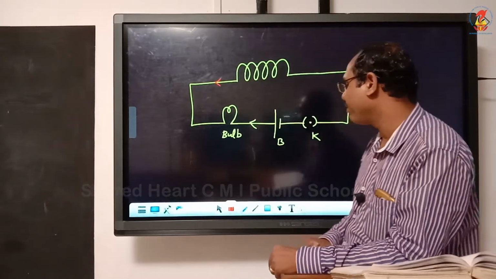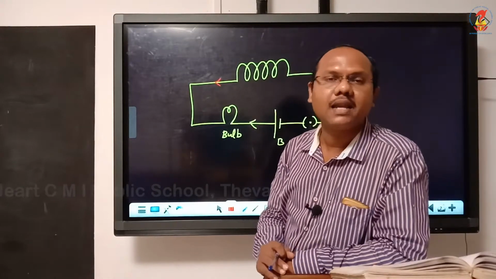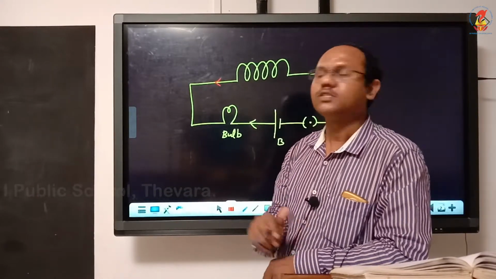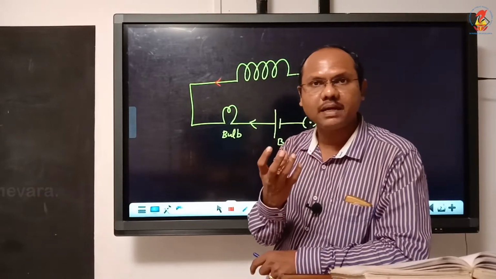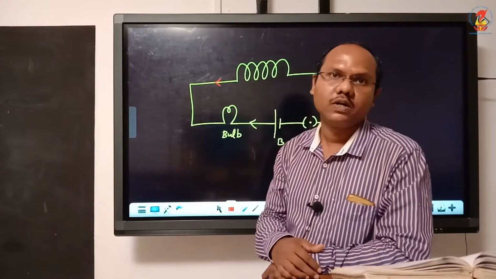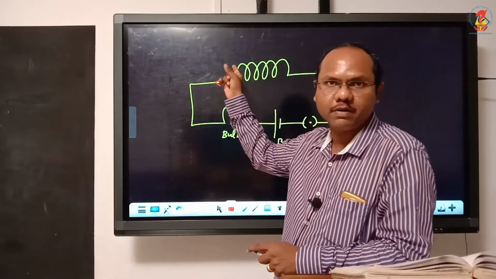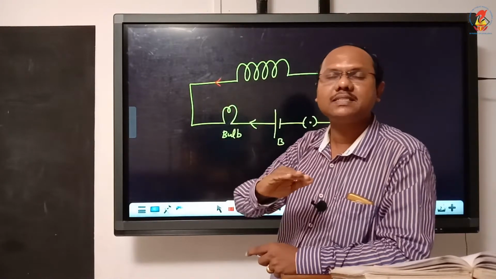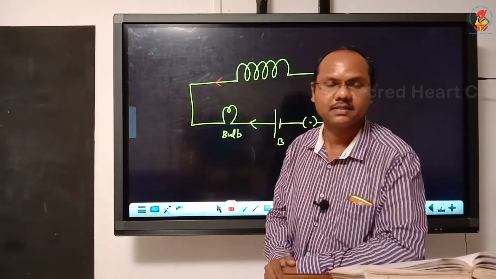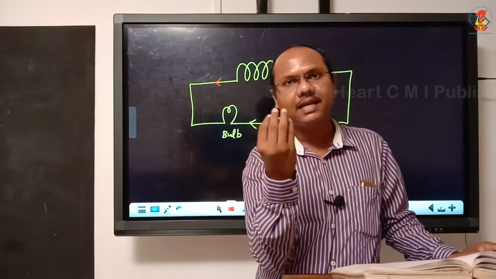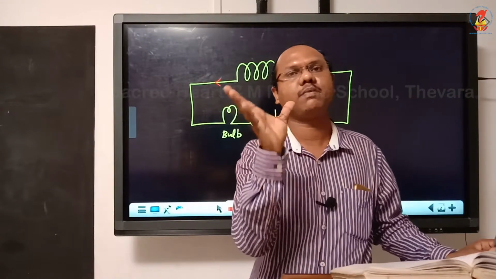As a result, what will happen? Less current will flow through the bulb and bulb glows dimmer. So cell has to do extra work to increase the current. That extra work done by the cell is converted into energy, and that will oppose this induced EMF, and finally when a steady state is reached, the bulb will glow with normal brightness. So you can view like this. Initially the bulb glows dimmer, and slowly it will come to maximum brightness.